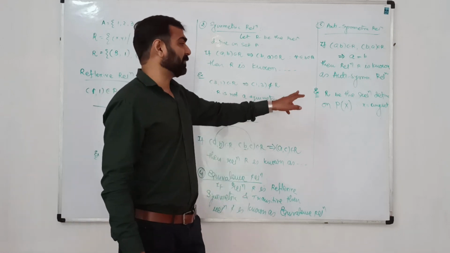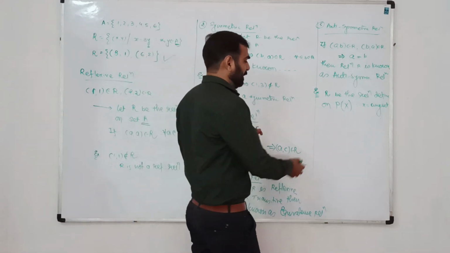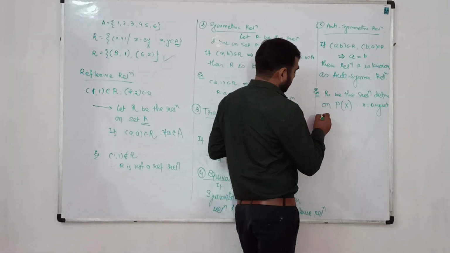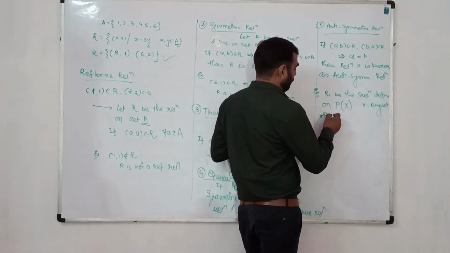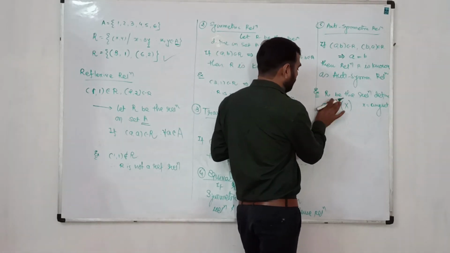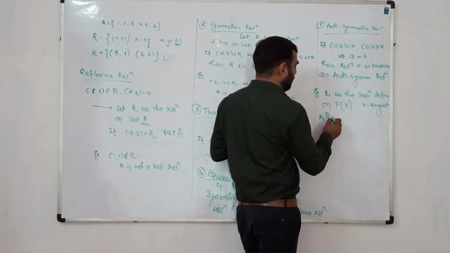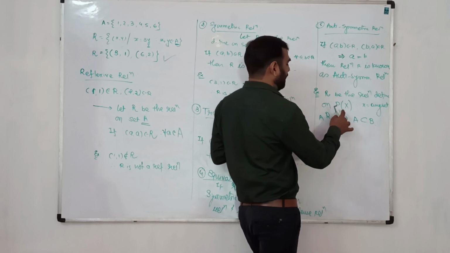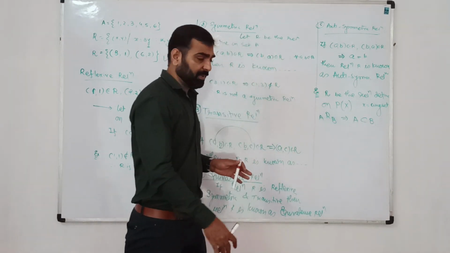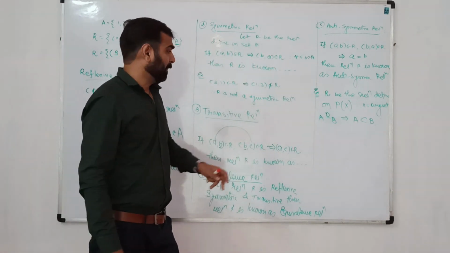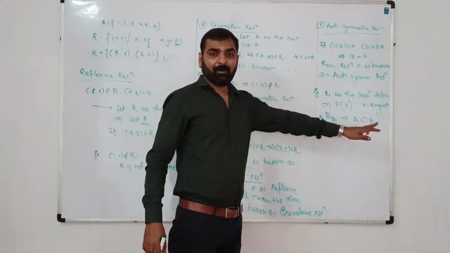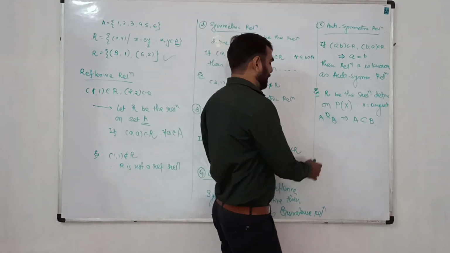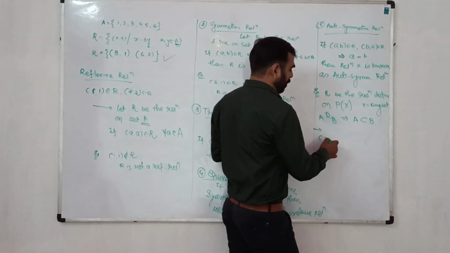So on this P of X, relation R is defined such that A R B implies A is a subset of B, where A and B both belong to P of X. Now first of all we consider AB belongs to R